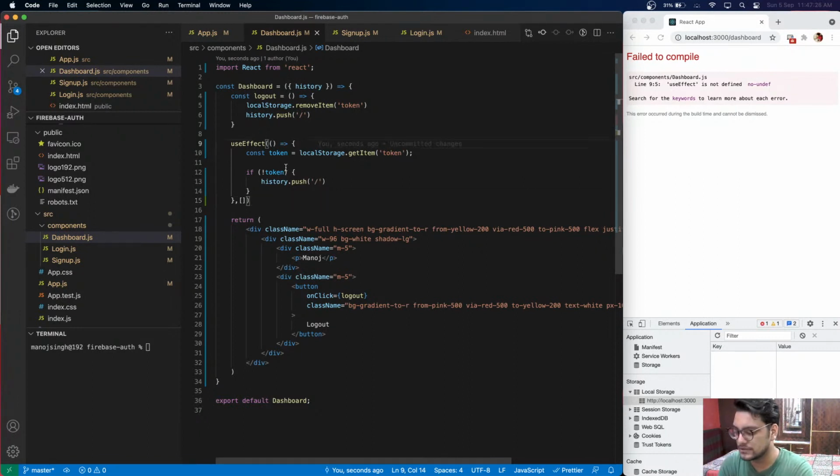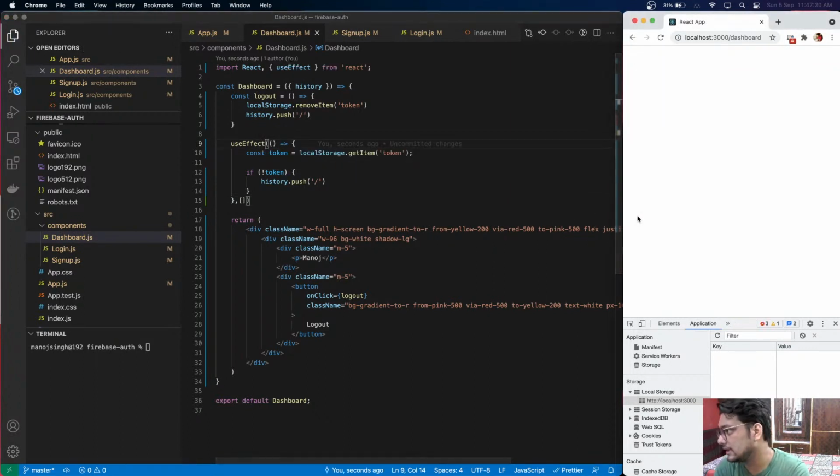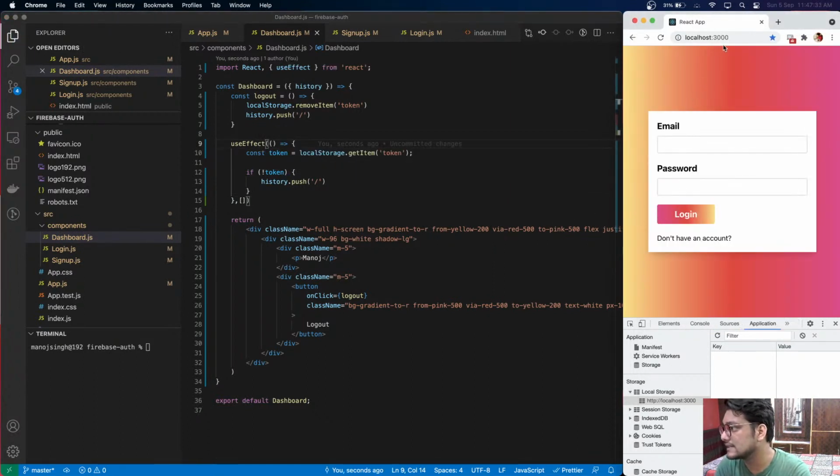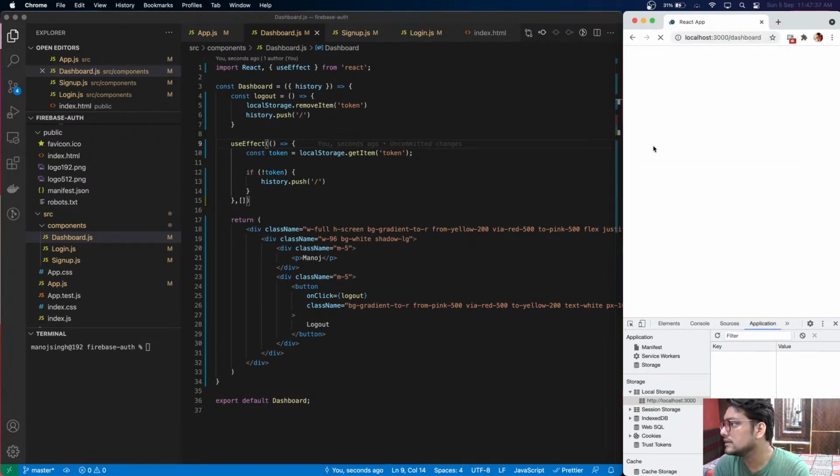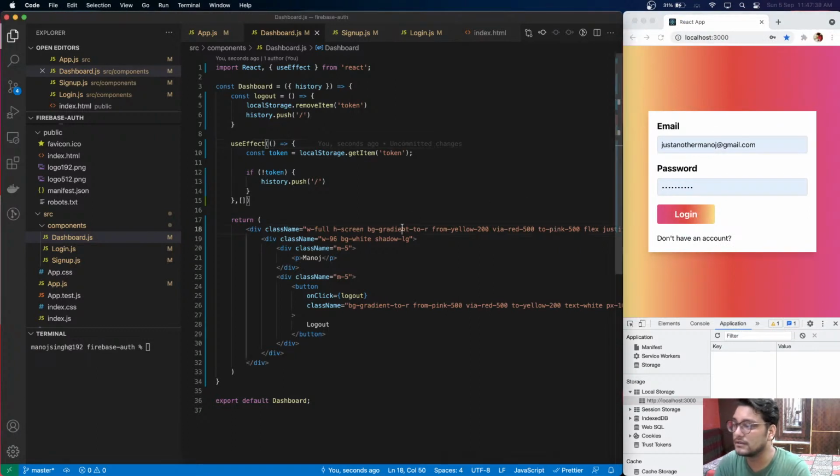I'm just going to import useEffect, auto import it, and reload. Now you can see I'm not able to go to the dashboard. So slash dashboard, it's loading for the first time, but then it's not letting me see anything. Still we have one problem,